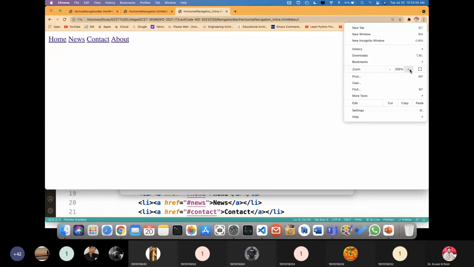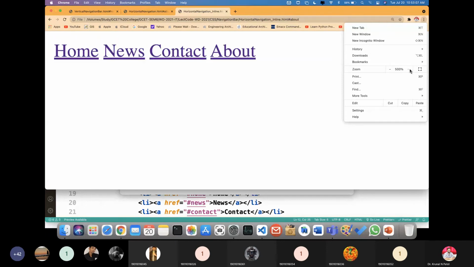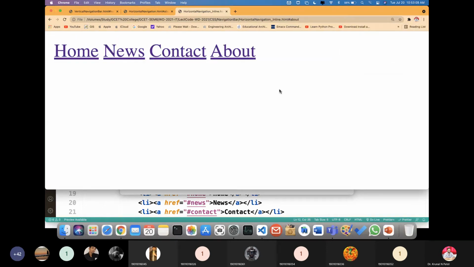And now if I refresh the page, then you can see that our output will be in a horizontal manner, right? So this is our output. You can see. So I hope now you got the difference between display equal to float and display equal to inline, right?